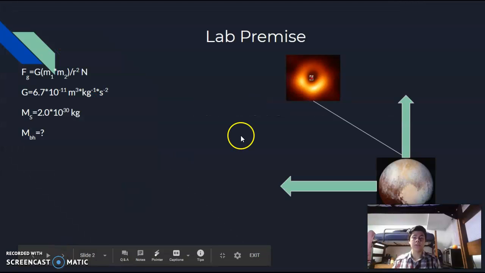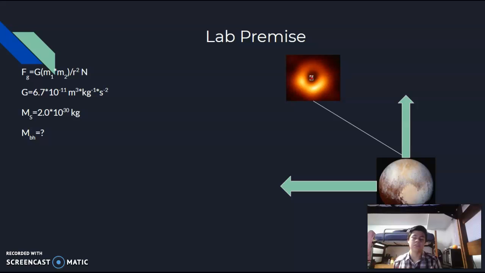The premise of the lab is that we have a black hole and a star. The picture is a planet, but it doesn't matter. The same effect is going to happen because it's just mass. We are given the mass of the star, as you can see right here, 2.0 times 10 to the 30